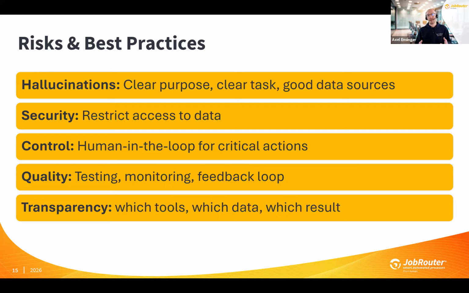So if it's a standard process like an invoice approval process, yes, of course, the agent needs access to data like the invoices, like orders, and so on. But this agent should not have access maybe to the whole document archive or the HR data, which is maybe also within jobrouter, and then maybe takes data and uses it somewhere else and talks about this data with other persons. So this is a very important part that needs to be quite clear and needs to be really safe in the AI world within the business processes. And control, this is a best practice. So that typically you don't start just by setting up an agent and let him do anything.